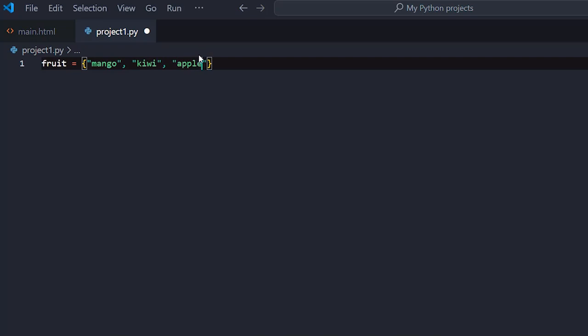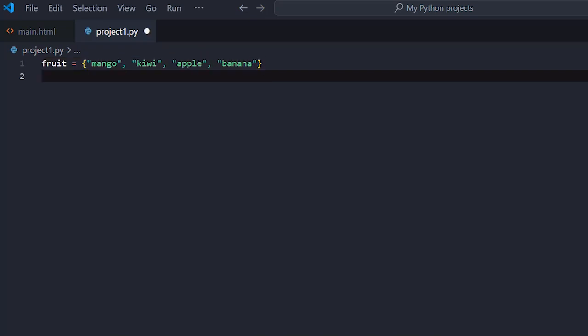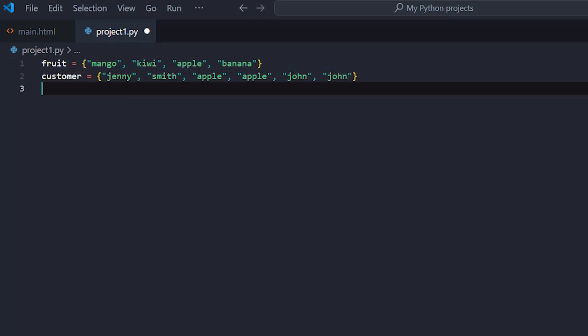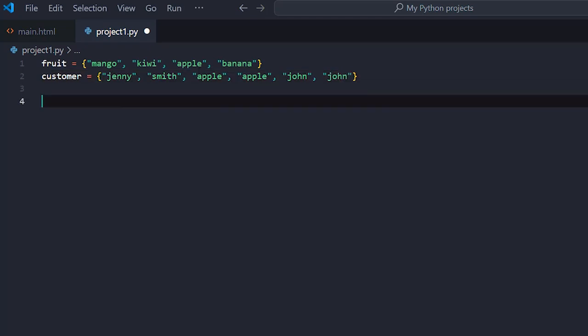All right, I'm just going to go ahead and write fruit equals to mango, kiwi, apple, and then banana, okay? Let's go down here and have customer, Jenny, Smith, apple, apple one more time. We're going to have duplicate values, John, and then John. Let's go down here and let's work with our first method, result equals to,